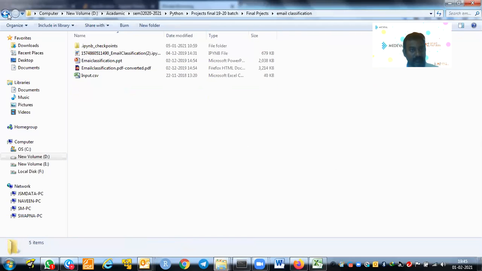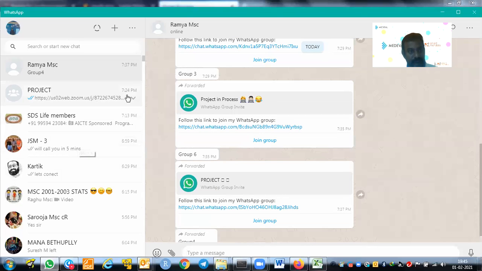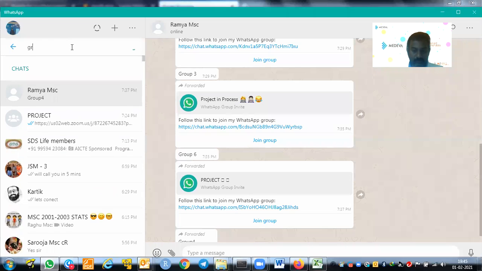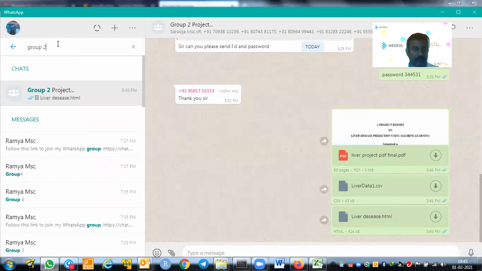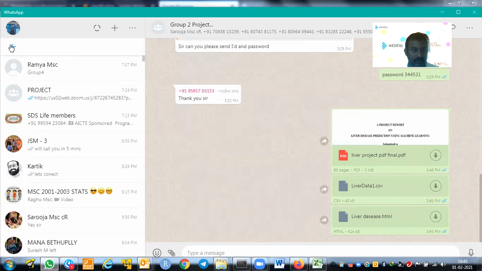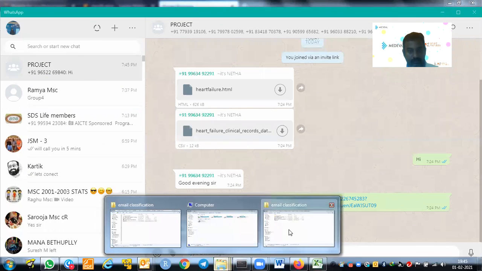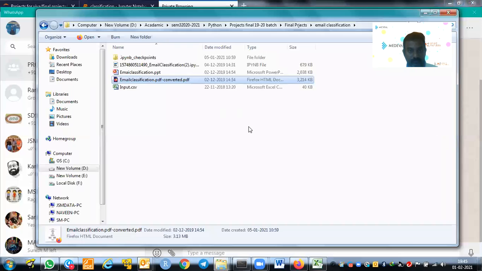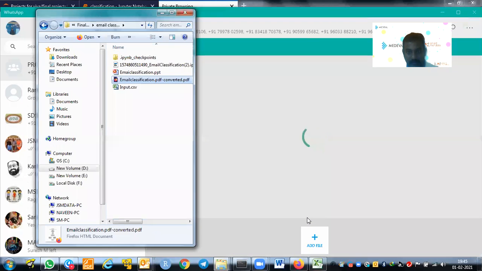Then, from your seniors' batch, last year's batch, people say I will give the project format for one classification study, that is email classification. So use this PPT format. Group 2, somebody say hi in group 2. Not the liver disease group. From this group, say hi. So what I will do now, I am giving the PDF from an old project. This will give the format of the PDF, how you can prepare your thesis.